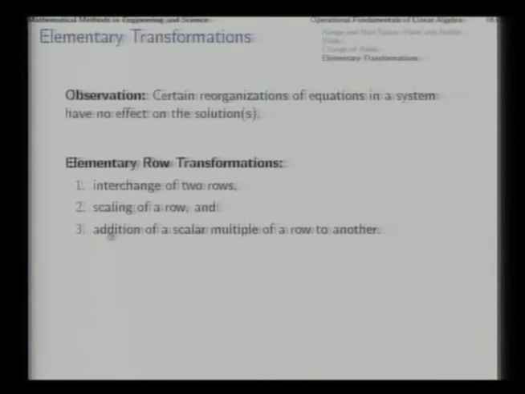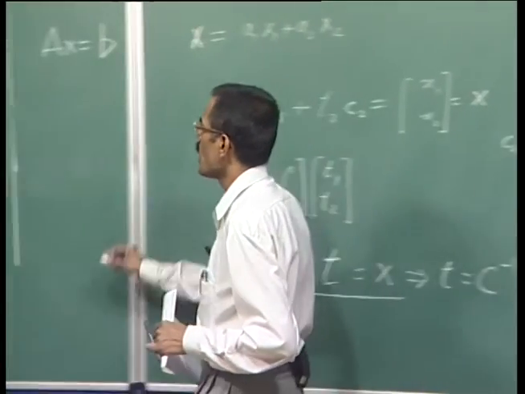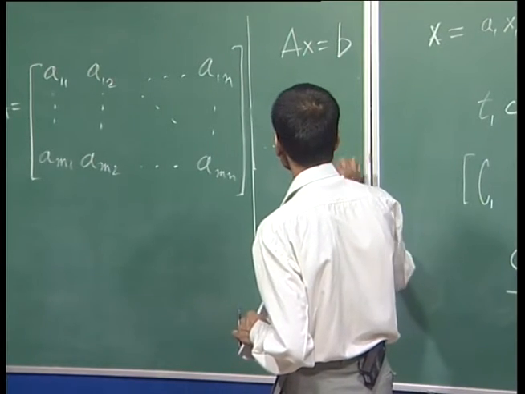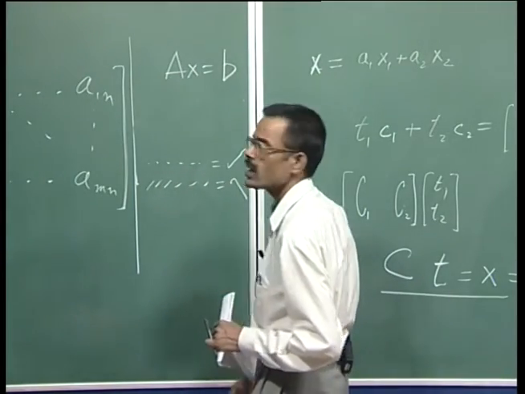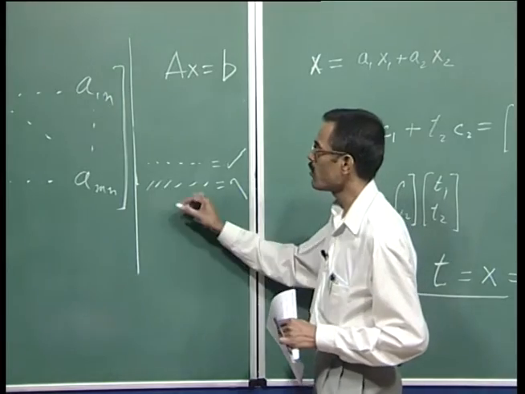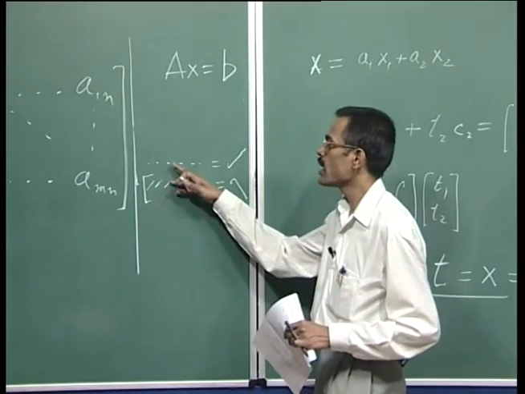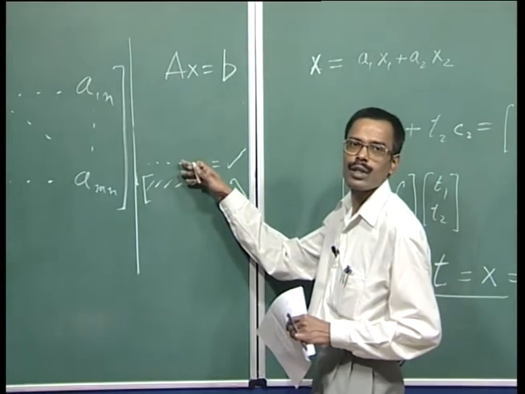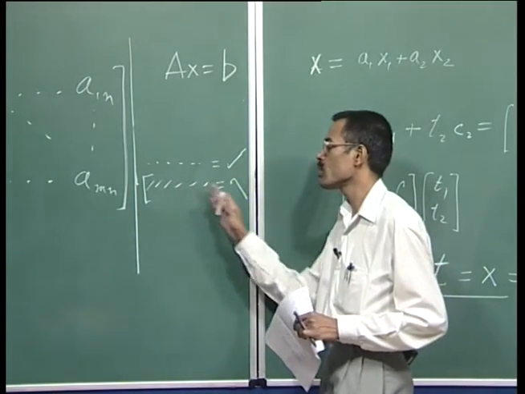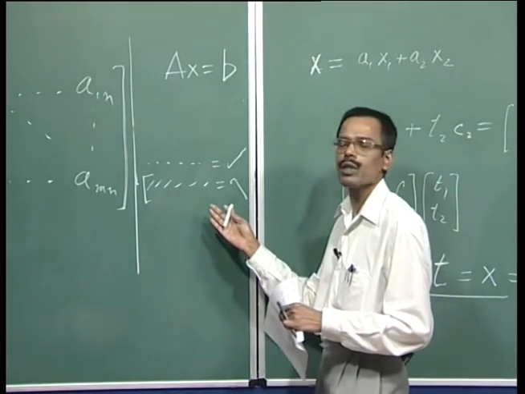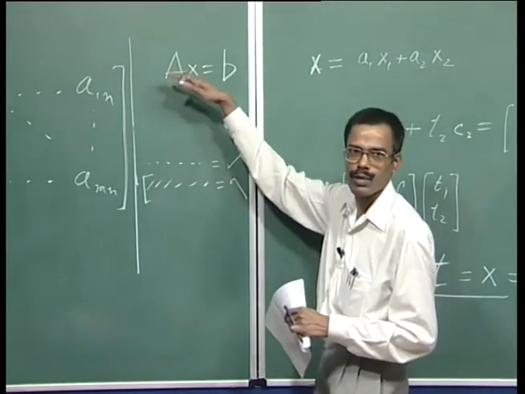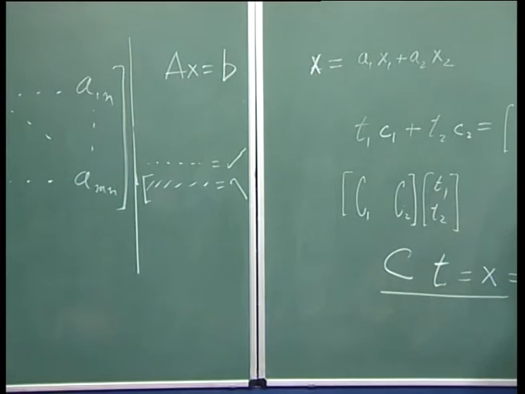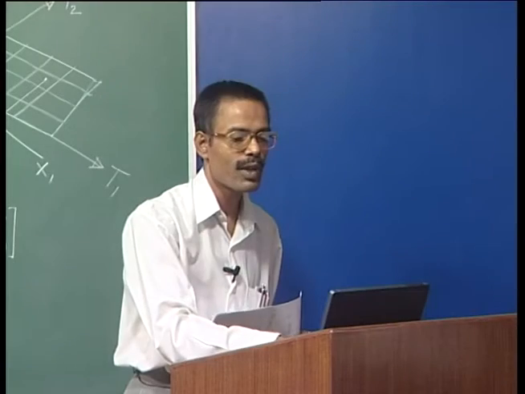The third one is addition of a scalar multiple of one row to another. That is, suppose earlier we had one equation and a second equation. Now, how does it change the system if in place of the second equation we consider a sum of the two equations? It will not change the solutions of the system of equations. One individual equation will be basically replaced by another equation which is equivalent to the old one in relationships with the rest of the equations. So, this gives us the third elementary row transformation, addition of a scalar multiple of a row to another.